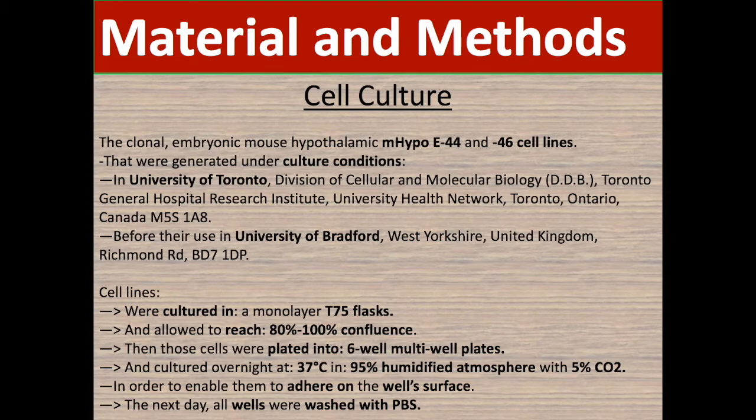Cell lines were cultured in monolayer in T75 flasks and allowed to reach 80% to 100% confluence. Then those cells were plated into 6-well multi-well plates and cultured overnight at 37 degrees Celsius in 95% humidified atmosphere with 5% CO2 in order to enable them to adhere to the well's surface. The next day, all wells were washed with PBS,